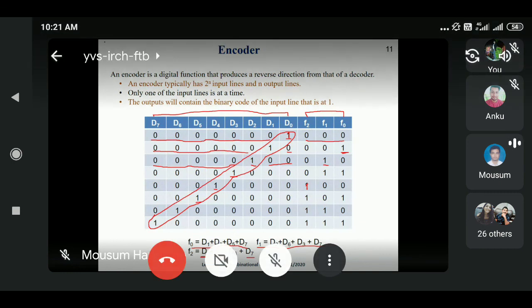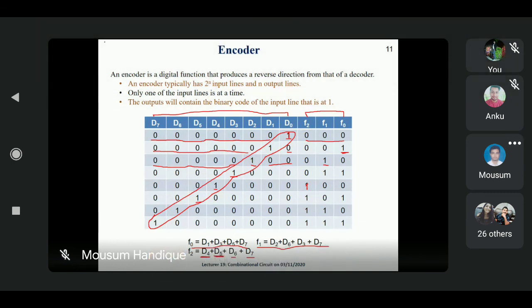Are you getting my point? Are you getting my point? Yes, sir. Yes, sir. So how